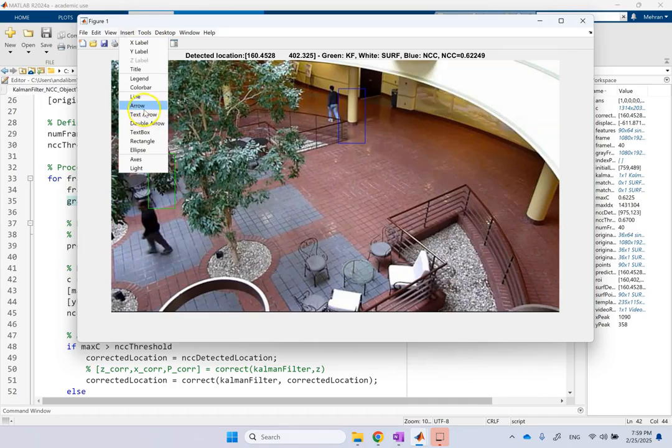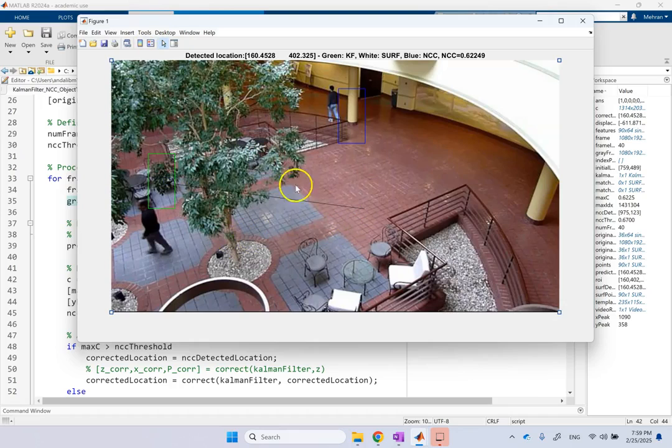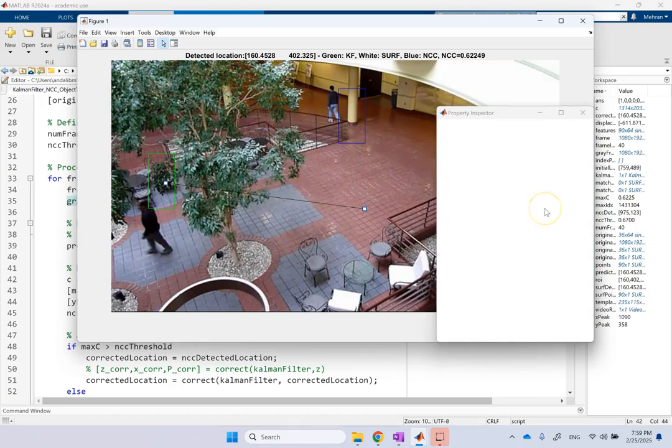Again, look here. This is the direction that the guy was going, and right now, as he turned around behind the tree and moved a little bit to the left, that's what happened to